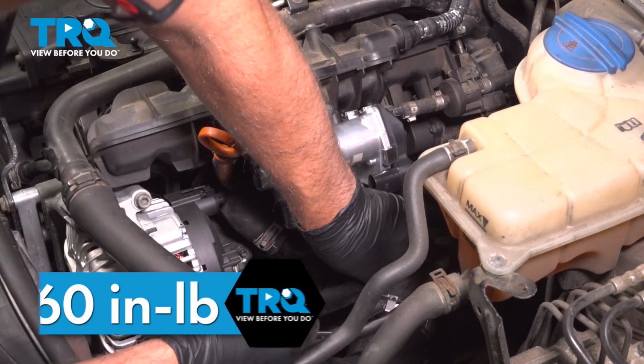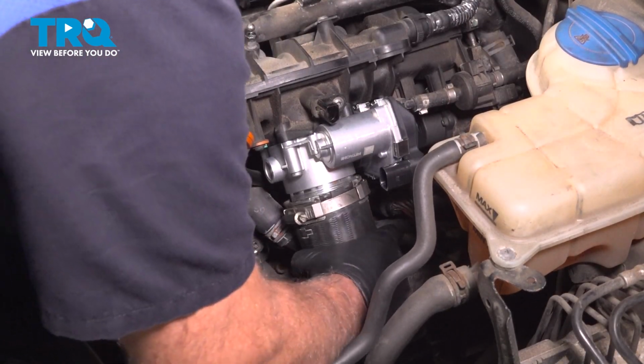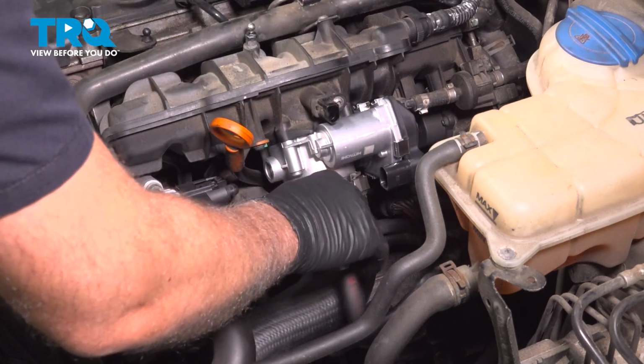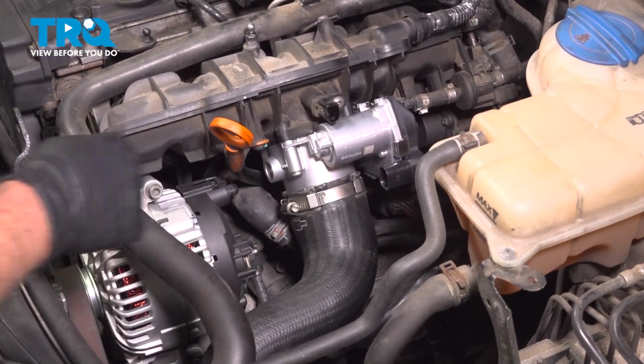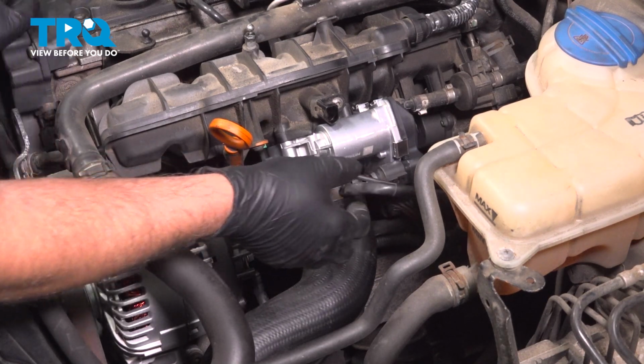All right, that's tight. Put the hose on and tighten down the hose clamp. Snug that down, give it a wiggle, that looks good. Take the connector, connect the connectors,